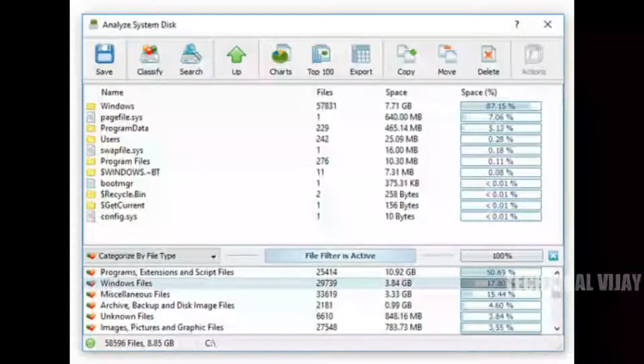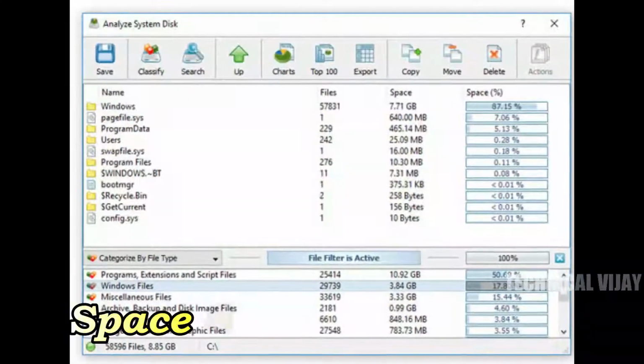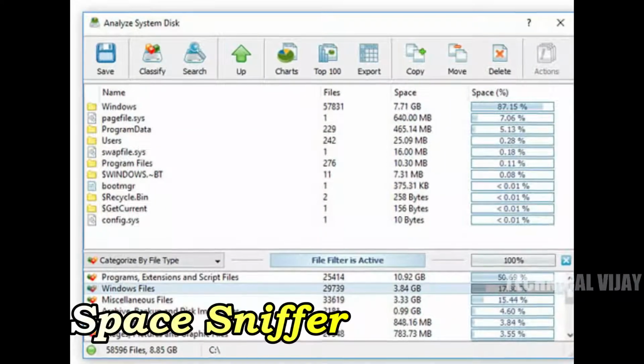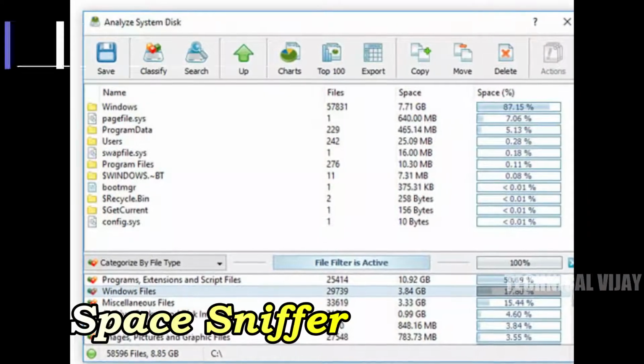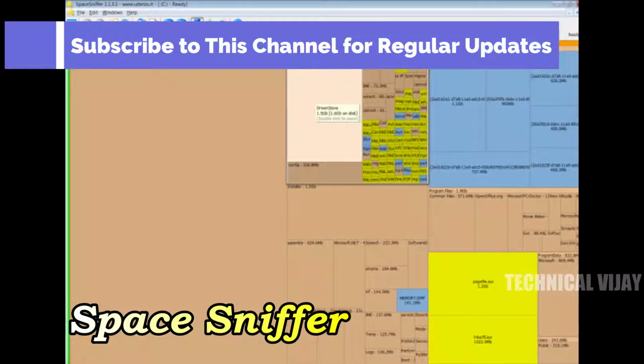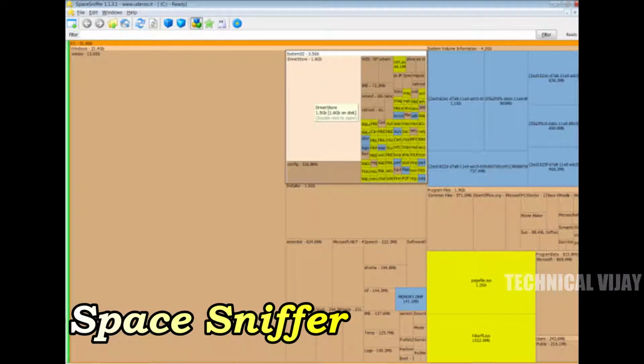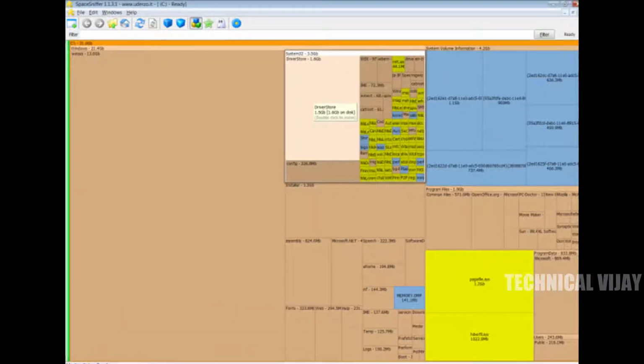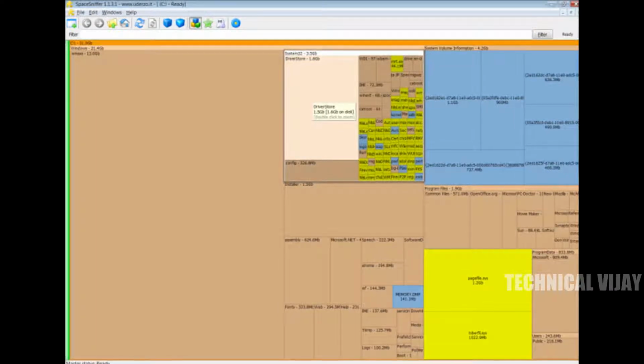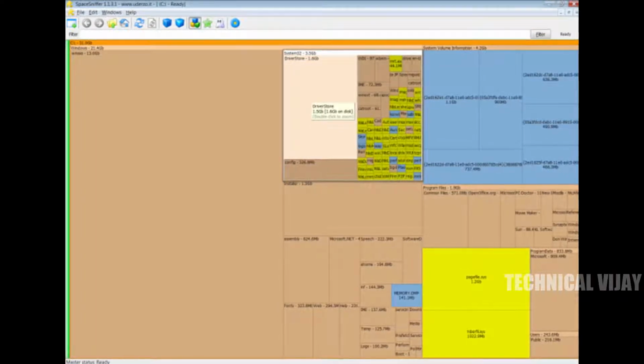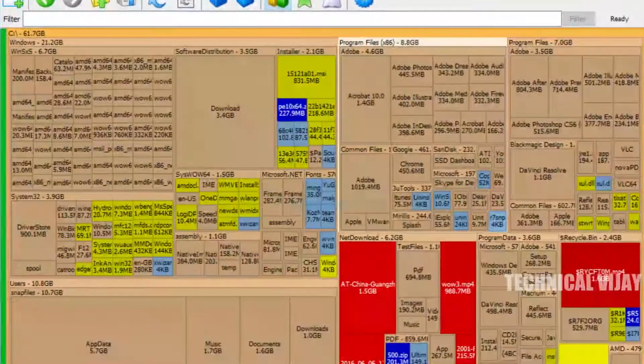Third one, SpaceSniffer. It has an interactive interface that makes it very easy to differentiate between files or folders and installable programs, that is, executable files. I really liked its touch of animation that makes the program look cool, but at the same time it helps pinpoint data easily.